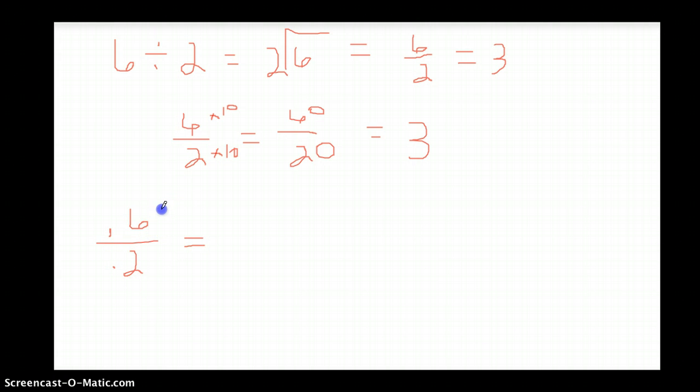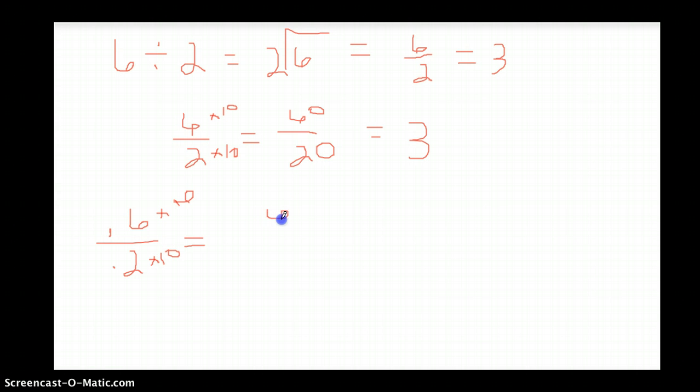So in order to make this better, I'm going to use my equivalent fraction idea and multiply the top by 10